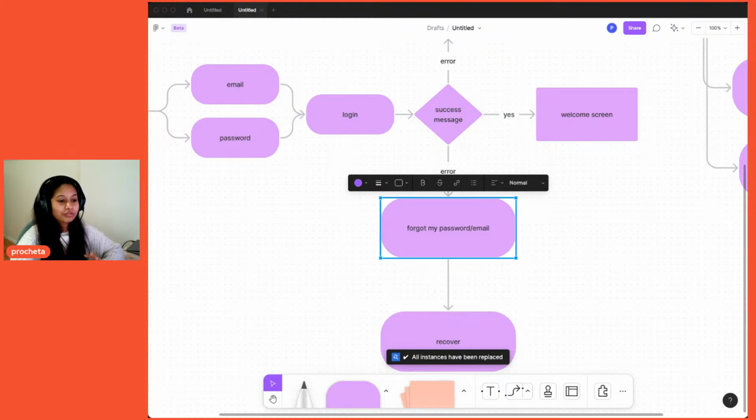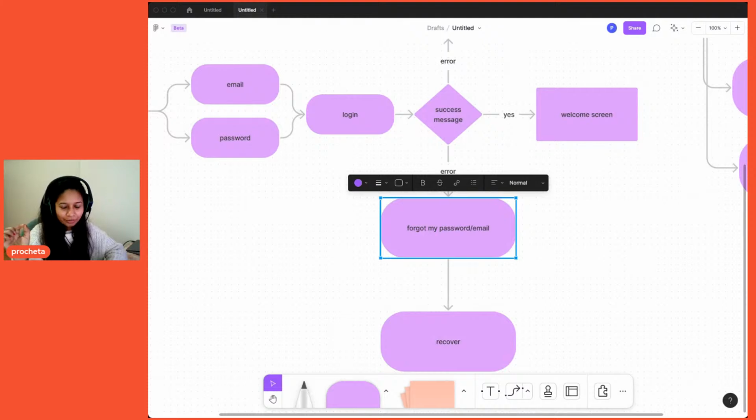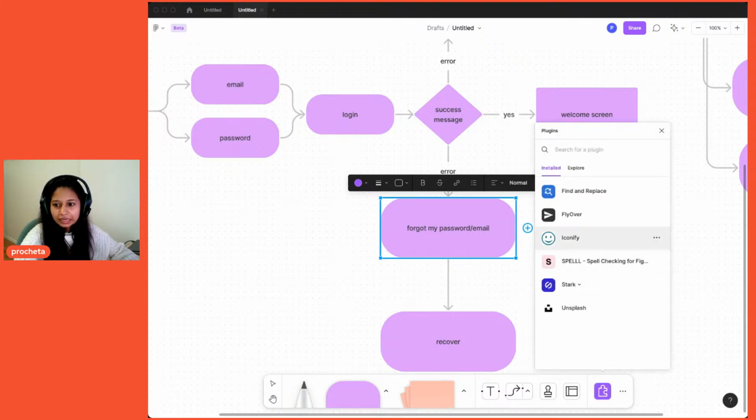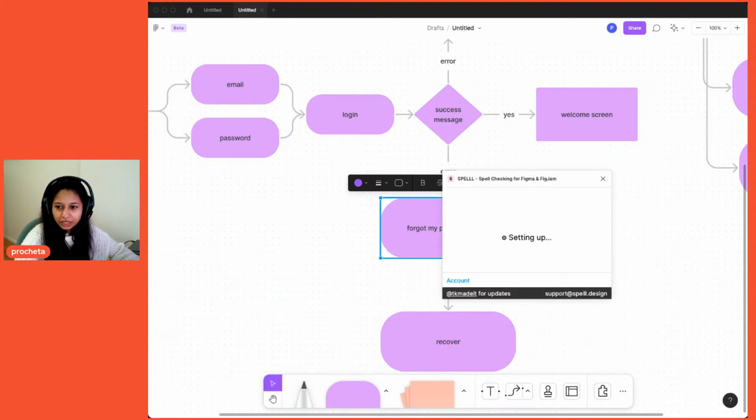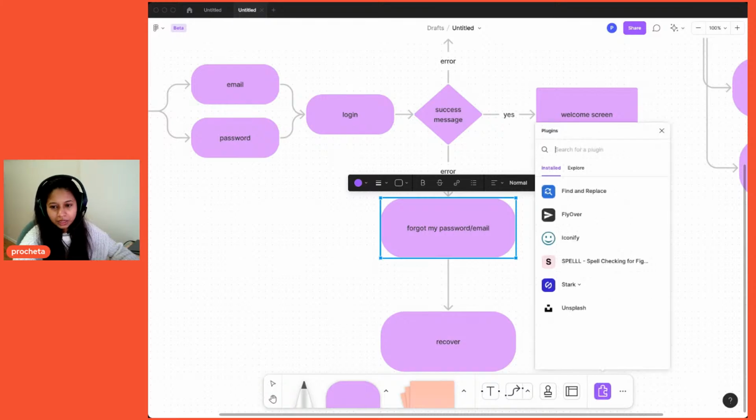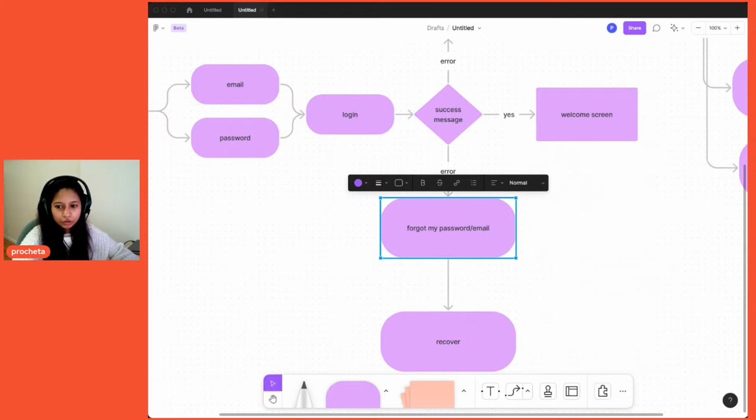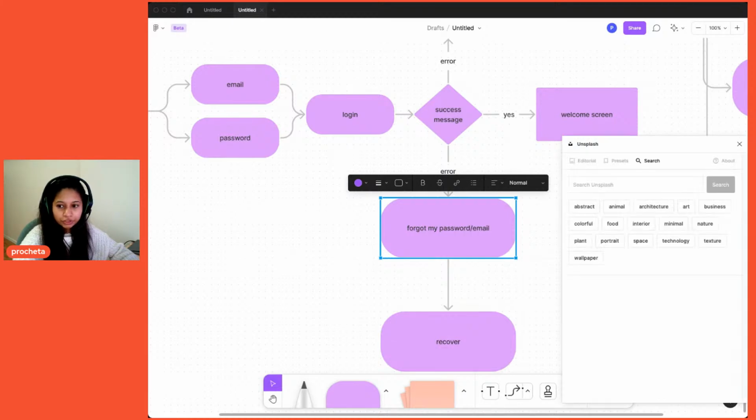This is such a lifesaver when you need to change any word, or just one word, from the whole user flow. When you have 50 or hundreds of steps, this is really handy. And the next is the spell checker, which you can use. And also another one that is really cool: